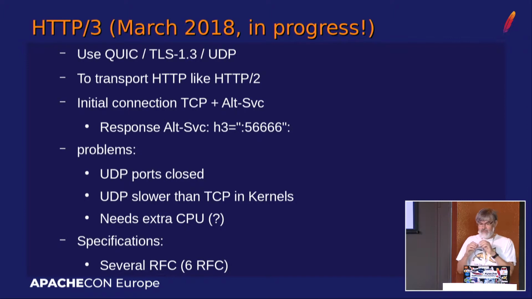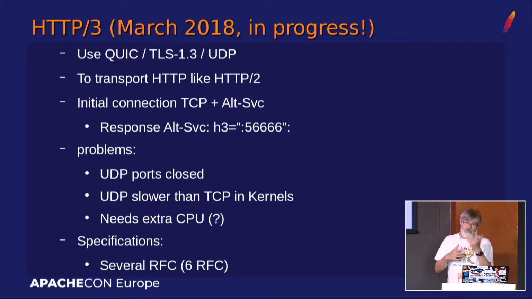Additionally, this protocol is definitely going to require a bit more CPU, probably a bit more memory, because you're going to have to check each packet you're getting to make sure you can reorder it the right way, and to see if anything is missing before starting to display the image, for example. The specifications are based on several RFCs. Exactly, there are 6 RFCs for the moment. I don't think there's going to be a new one, but we never know.